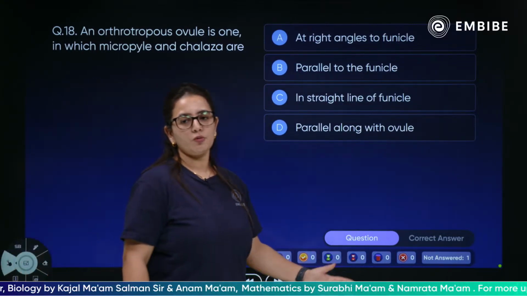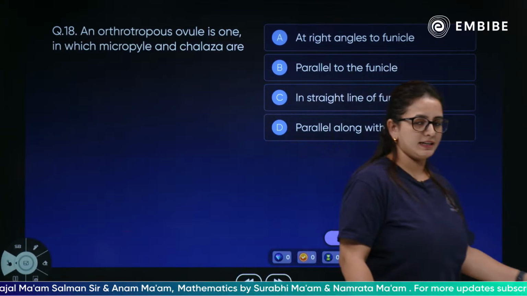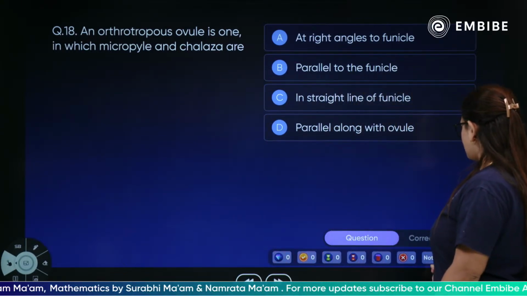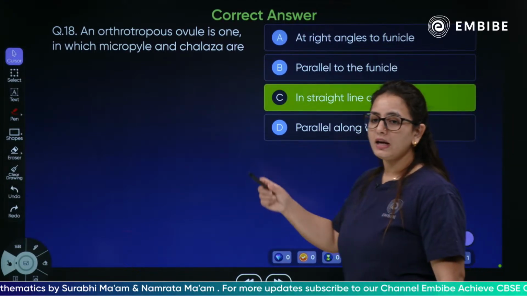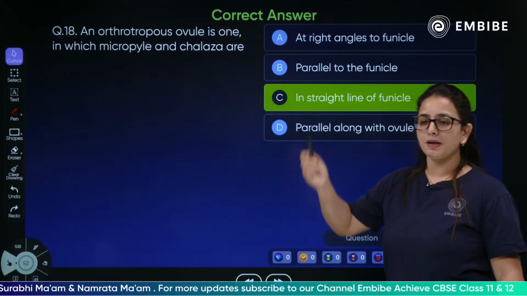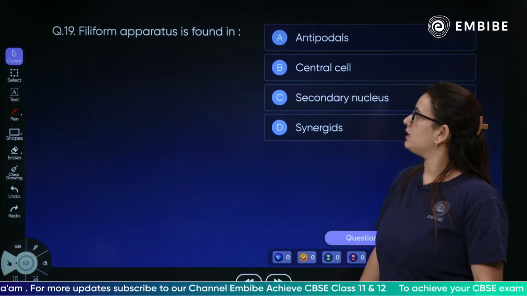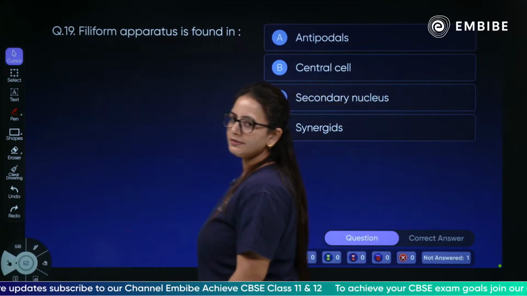In the orthotropous ovule, the micropyle and the chalazal end are all in a straight line. They are typically in a straight line. Very simple. Next question. Filiform apparatus is found in